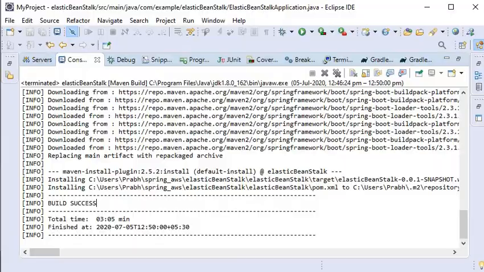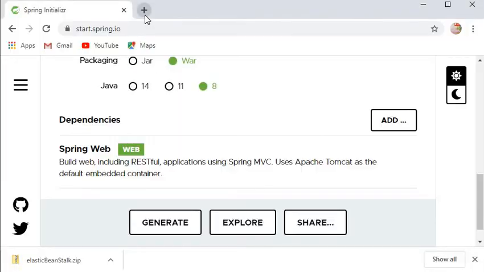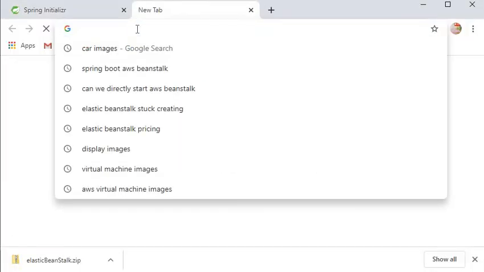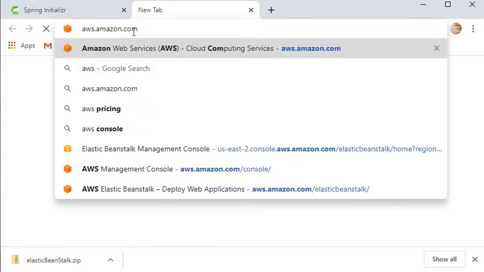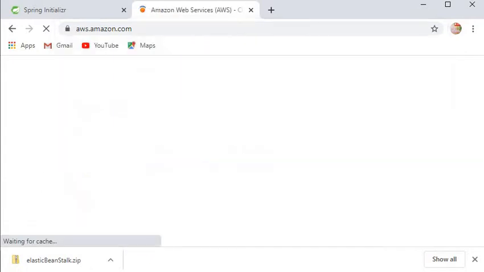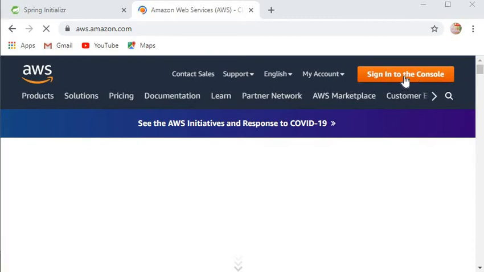Now we need to deploy this application into AWS Elastic Beanstalk. So first I will log into the amazon.com console. Sign into console.